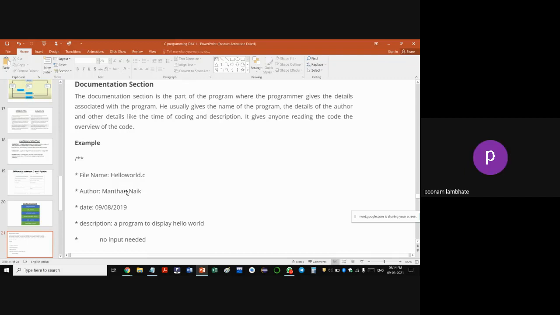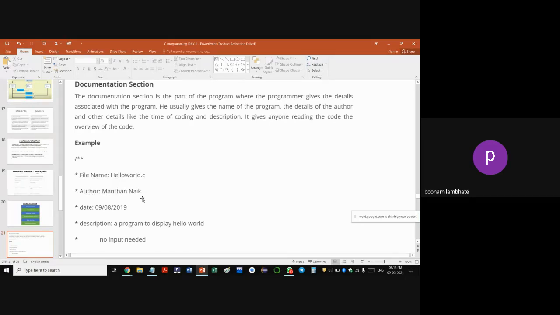So .c is the extension for programs written in C language. The file name should always end with the extension .c. If it is a C++ program, it will be .cpp. If it is a Python program, what will be the extension? .py. Yes, very good. Correct.